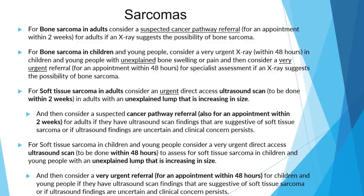Now, for soft tissue sarcoma in children and young people, the recommendations are exactly the same as for adults, with the exception of where we said to be done or seen within 2 weeks, it is now 48 hours. So for children, we need to consider a very urgent direct access ultrasound scan to be done within 48 hours to assess for soft tissue sarcoma in children and young people with an unexplained lump that increases in